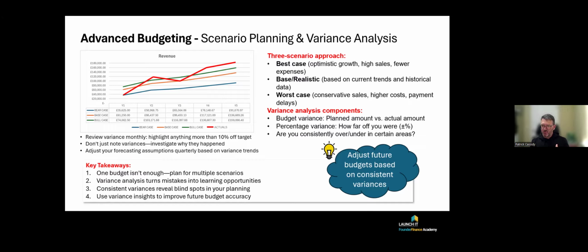Is there something I can do about that variance? Are we seeing significant variances? Is it a small variance? And if there are consistent variances to your plan, then you can make adjustments again to your forecast for the future, because you're getting better information about what's actually going to happen and what is happening within your business.